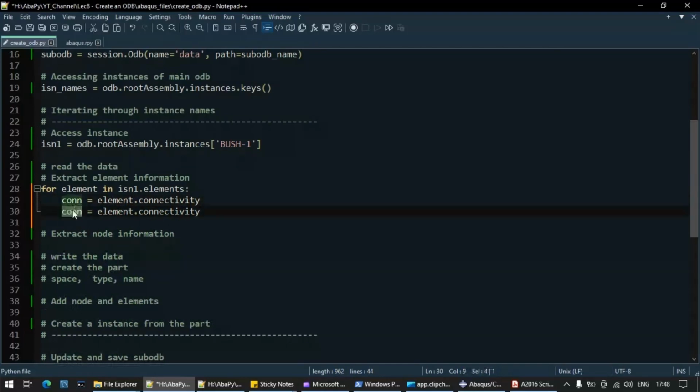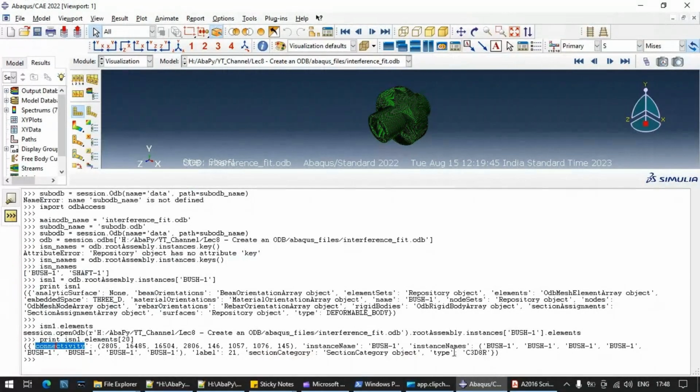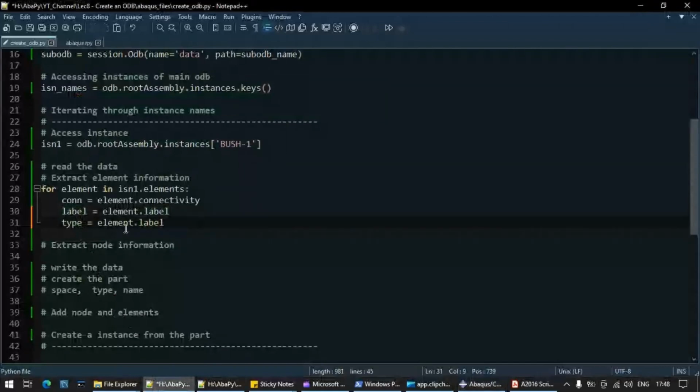Okay, then write label. Okay, then also one more information we require is type. So let's write EL underscore type. Now these three information we require. So element connectivity, element label, and element type.